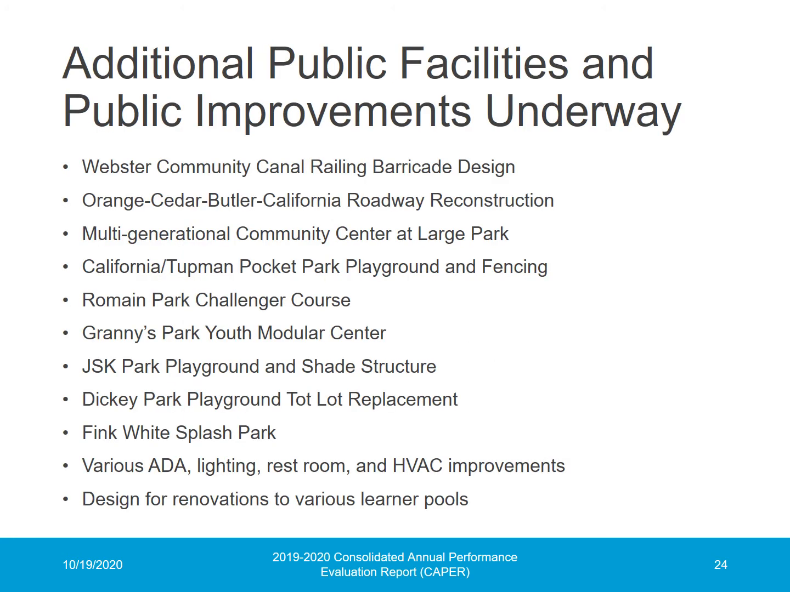Several additional facilities and public improvement projects have received funding or are currently underway. Accomplishments for these projects will be reported in the CAPER for the program year in which they are completed. Projects underway include Webster Community Canal railing barricade design, Orange Cedar Butler, California roadway reconstruction, a multi-generational community center at